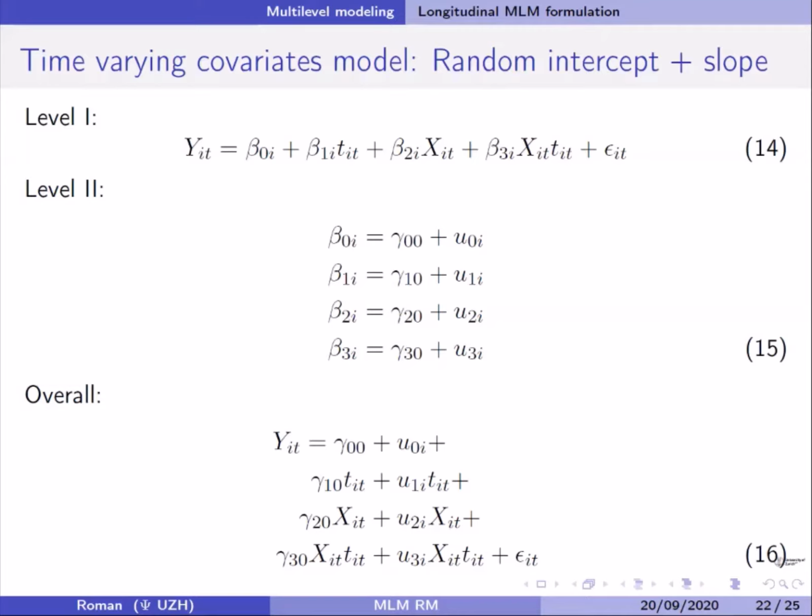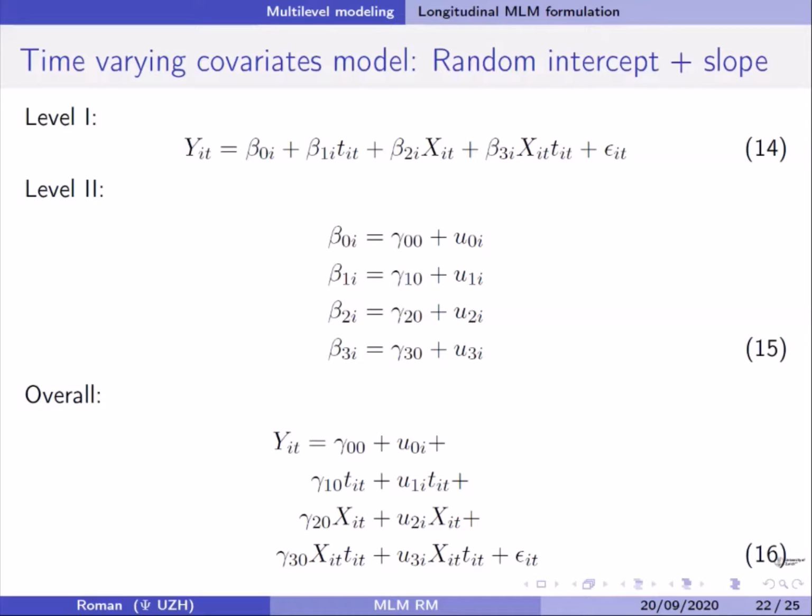The main effect of x will tell us the relationship between x and y when t is 0, so at time point 0. But the interaction effect here is what we really want. For a 1 unit increase in time, how much does the slope of x related to y change? Okay, so this is the interaction term we care about